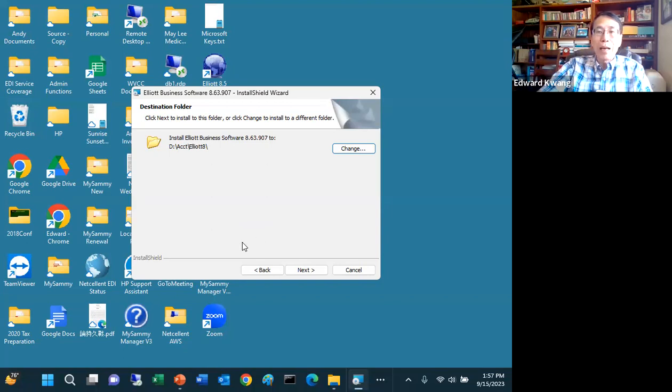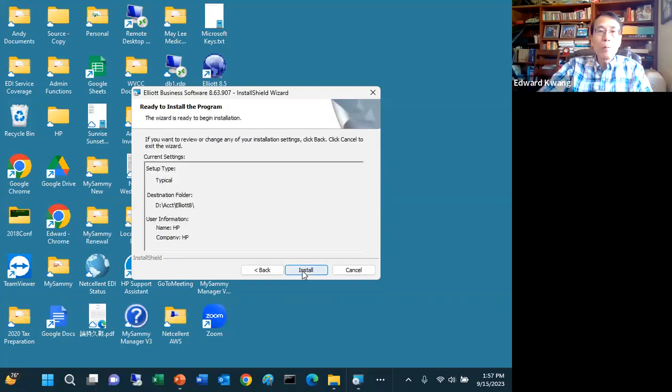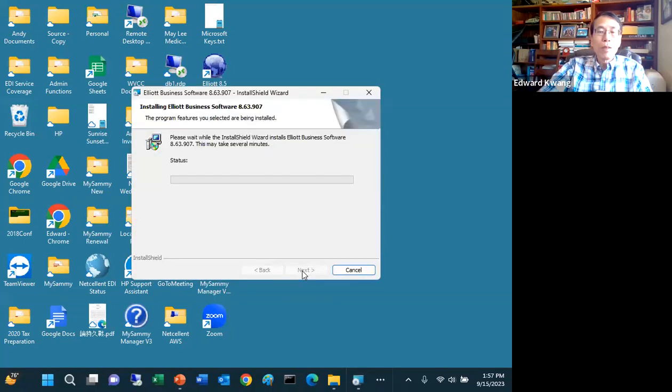But because I already have all the other folders, like the data folder, etc., it's not going to create the entire Elia data structure for me. It will only focus on the executable, which is the Bin A6. So I'm going to say next, choose typical, and say install. All right, so it starts doing the installation, and processing is actually pretty fast.